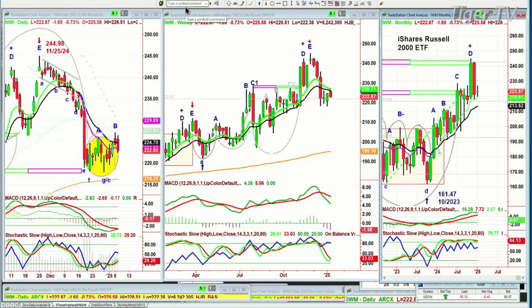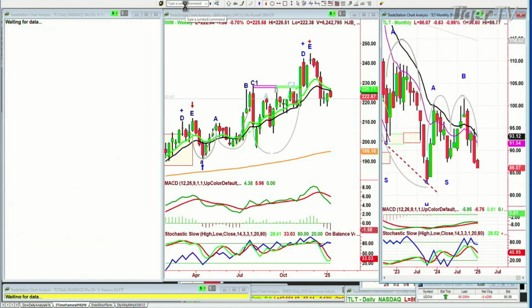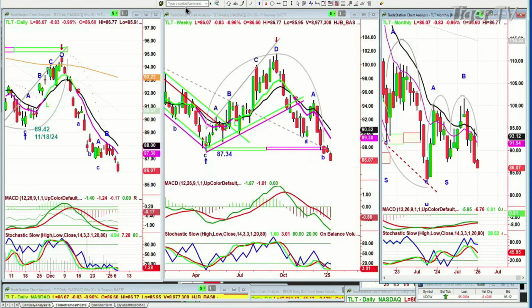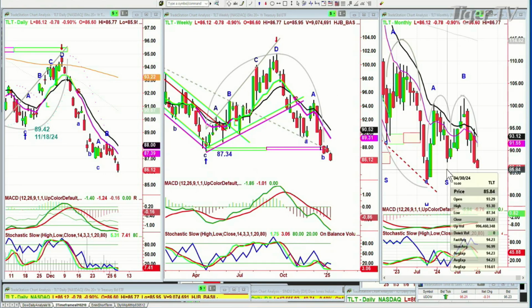So I think that the market, let me see if the bonds have followed through on the downside. TLT. Yeah, has it? Oh, has it? It's broken the 87.34 left side low of April in that peak D top with an arch formation that I drew in, and I said, this is the target, and it's gone lower. And I said, if it takes out on a weekly basis the low that was made back in April of